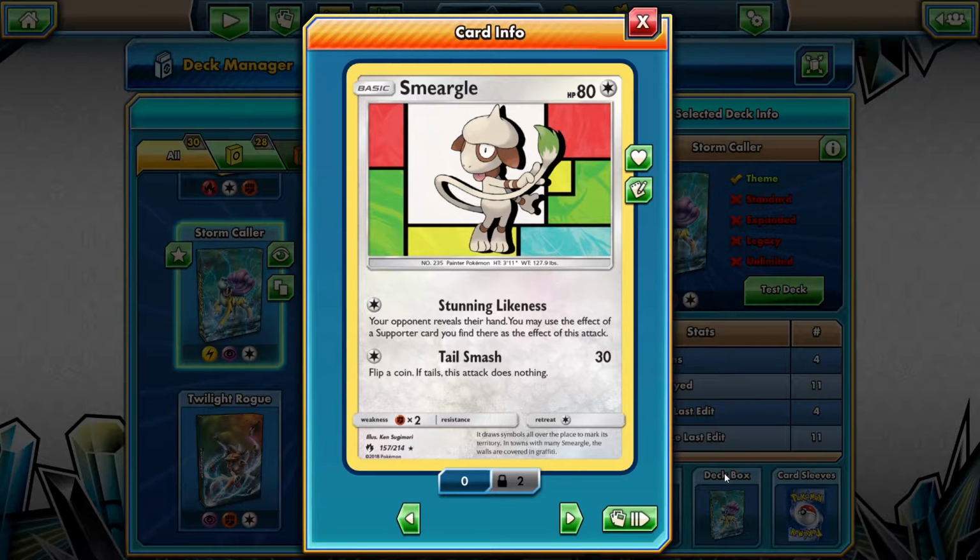Moving on, Smeargle, there's only 1 in this deck. It actually has quite a nice ability, so its HP is 80, which is pretty decent for a basic Pokemon again. And for 1 colourless energy, you can use Stunning Likeness. Your opponent reveals their hand, you may use the effect of a supporter card you find there as the effect of this attack. Now, generally, the supporter cards that are in the theme decks that are being played at the moment are mostly draw support, like Professor Kukui, Lillie,